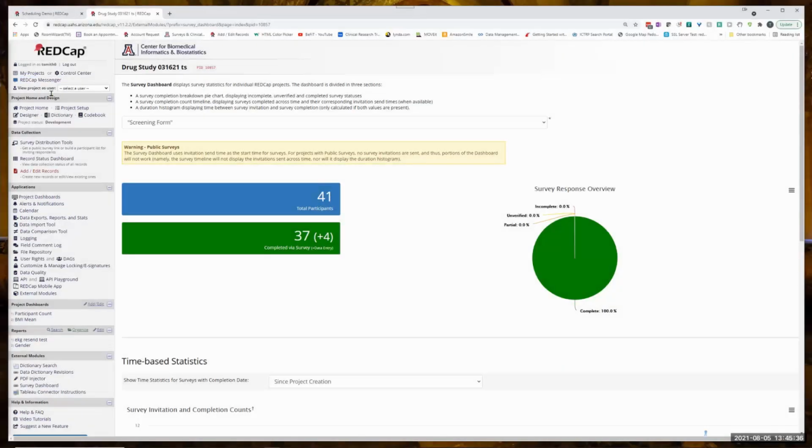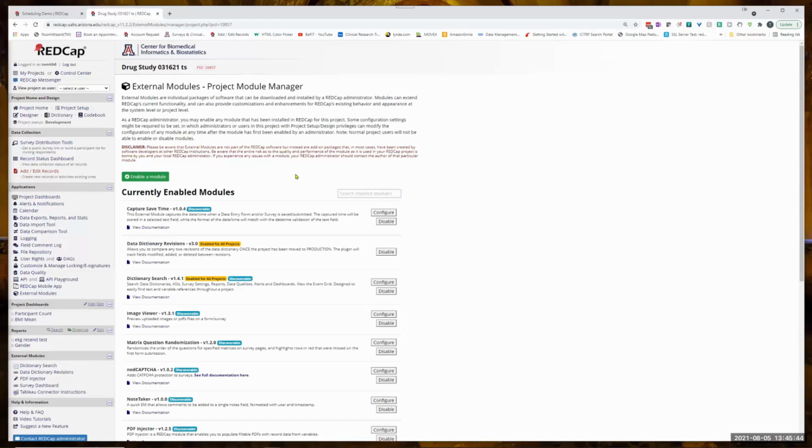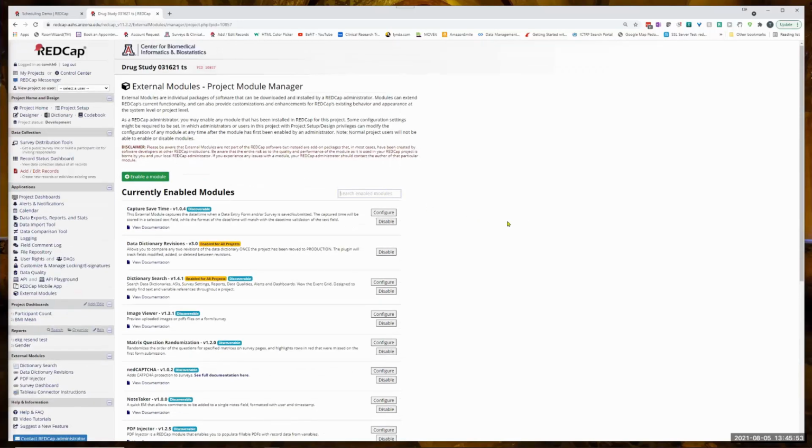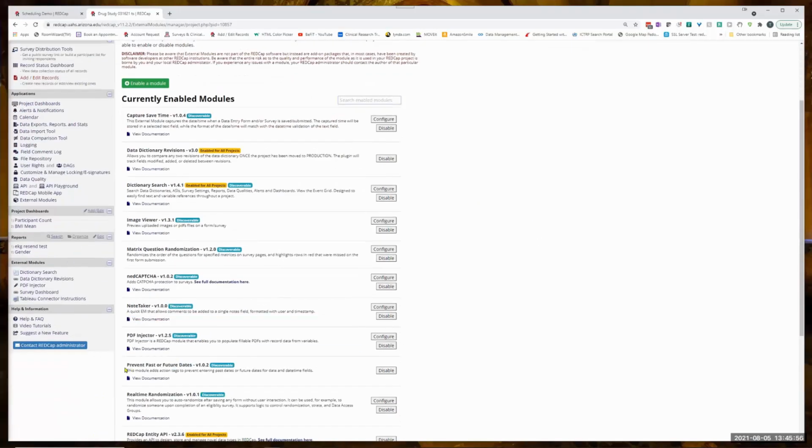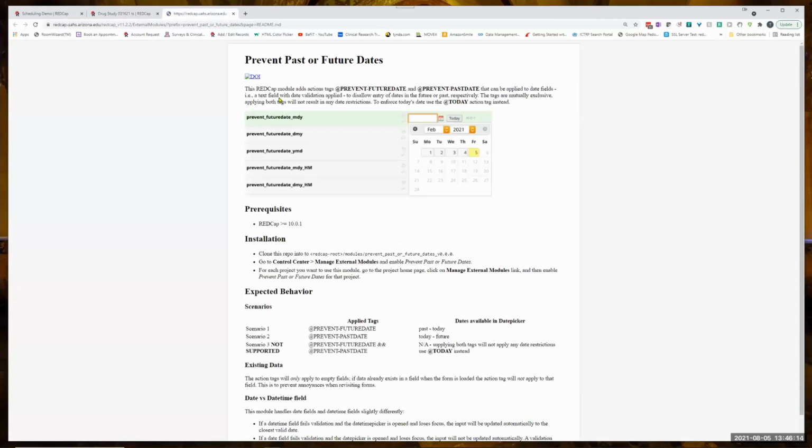Let's look at a situation where, and we've had this. I'm going to come to my external modules, and this time I'm going to want to enable a module called prevent past or future dates. So I've already added it here. And again, there's no configuration of this, and it's not over here because what happens is the prevent past or future dates, if you look at the documentation, it's got good documentation, but it says basically that it